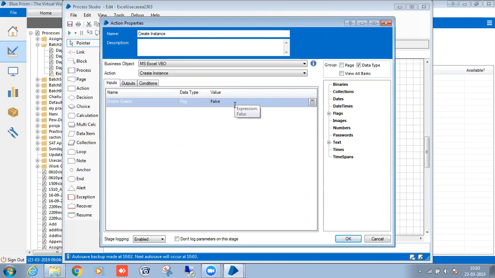Okay, in a normal system we won't get it. There are some unnecessary pop-ups that will come. So if we make it false, those pop-ups won't come. If any pop-ups come while you are doing the same Excel, it will stop. That's why we should make it false, so that no pop-ups will come.